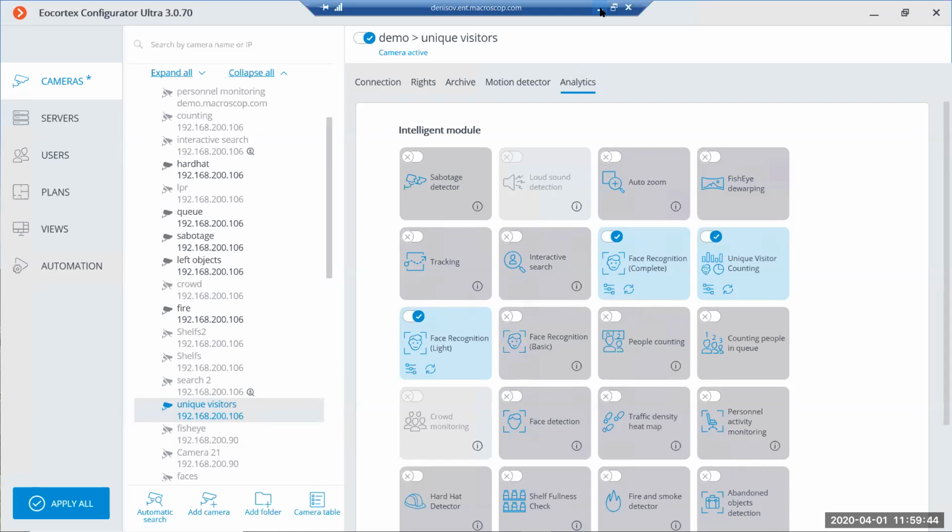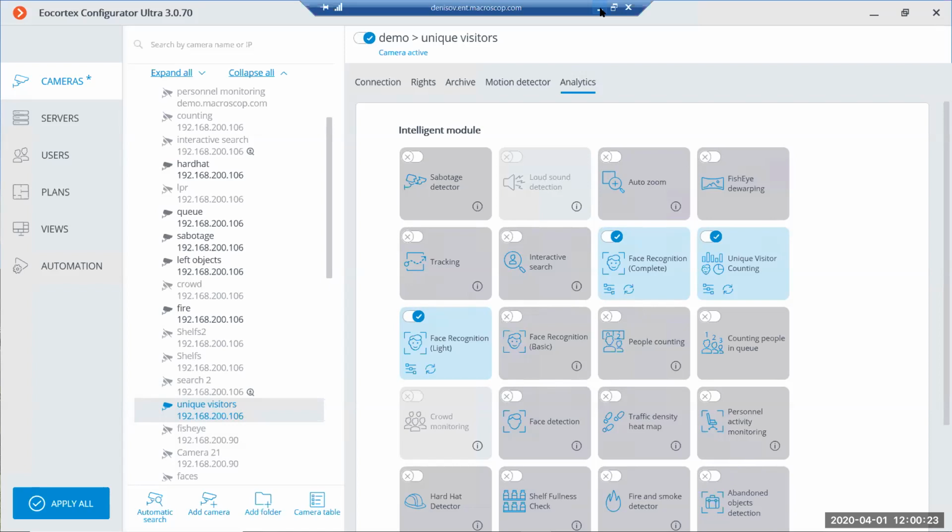Next question: if using ultra and on-camera recording with face detection, will it pick up the faces when the data is synced to the server? So if we have an ultra server with a connected camera, and this camera has its own storage for the recording, anyway, if we need to use the analytics on the Eocortex, then we use it on the server side.